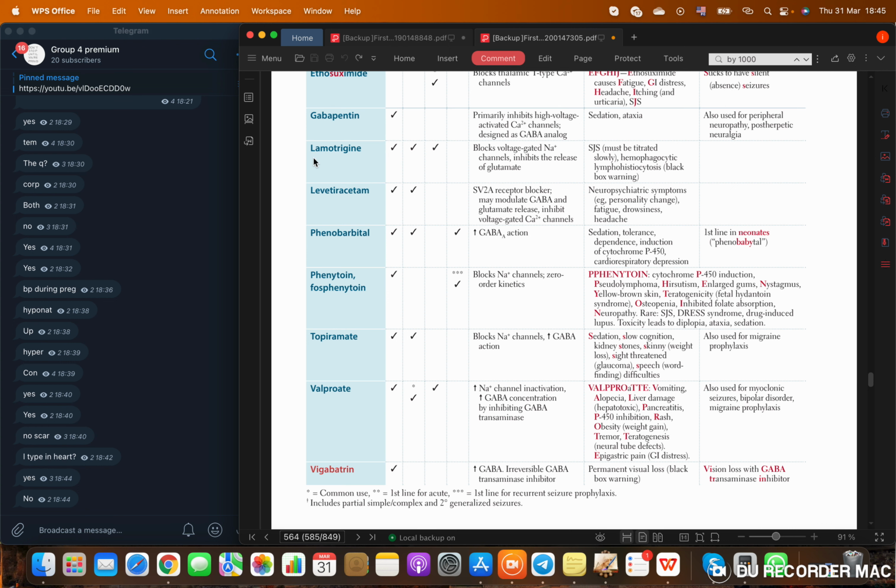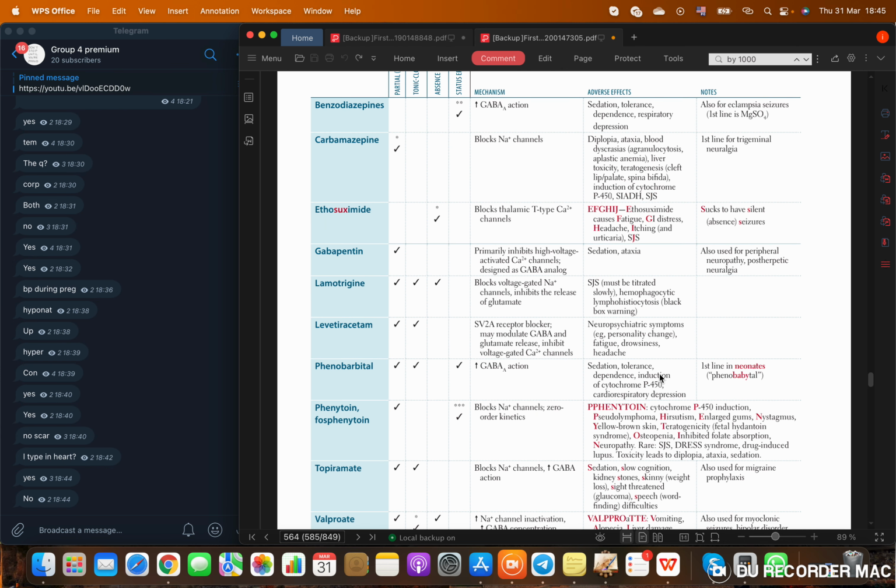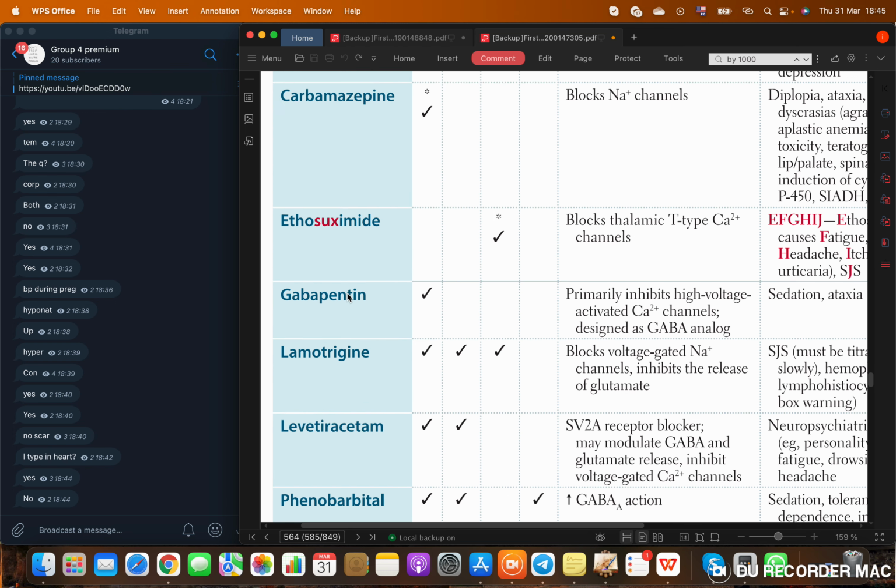Lamotrigine is the next one. Oh yeah, they love this one big time because of the SJS. I know that other medications also lead to Stevens-Johnson syndrome, but they specifically like it in lamotrigine because there is nothing else interesting in it. So lamotrigine